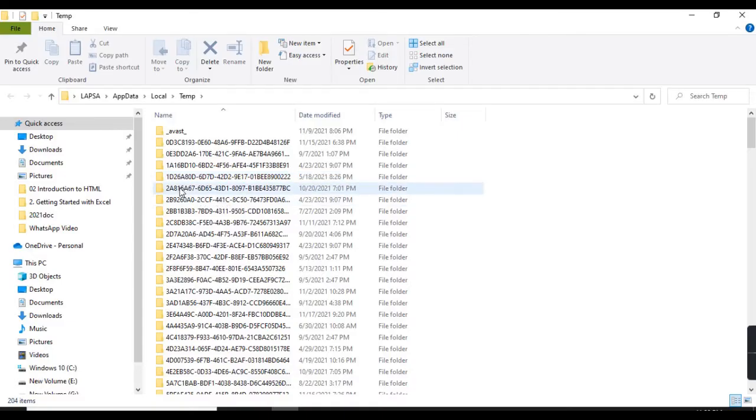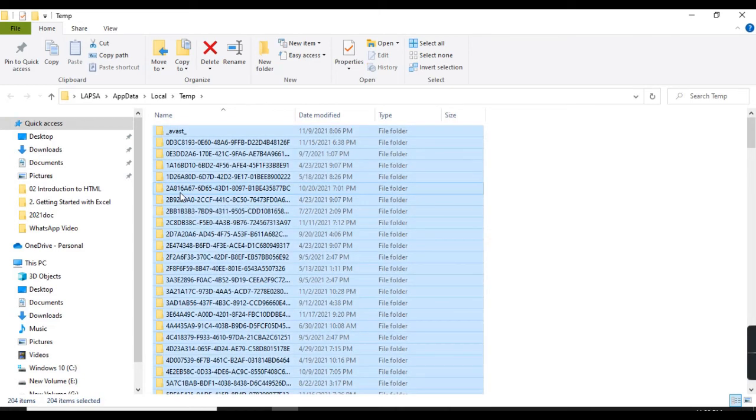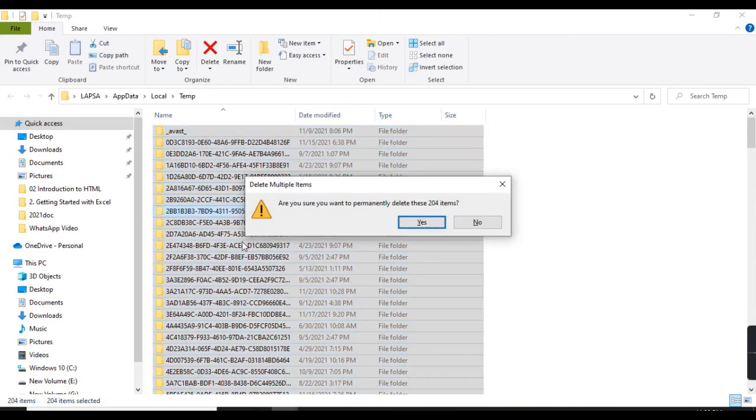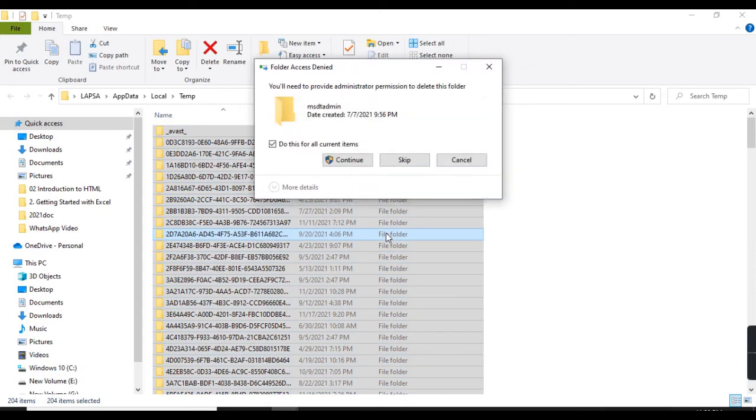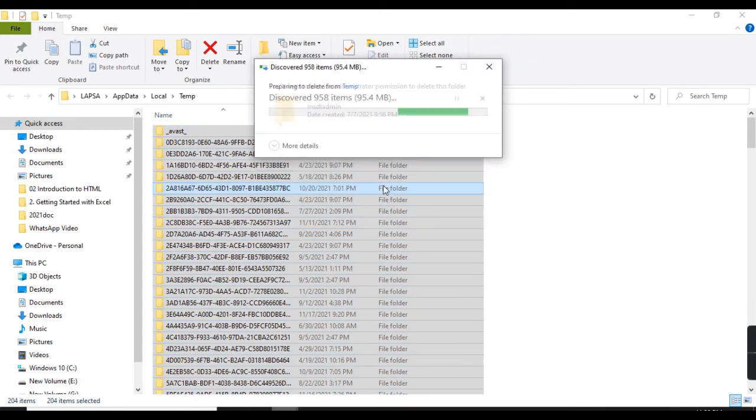You find also there are a lot of items that have been created. Let's come here and hit Control A after selecting one of them. Then after highlighting everything, you hit Shift Delete, and you're asked to delete the items, and you hit yes. Now some items will not get deleted, just hit skip.